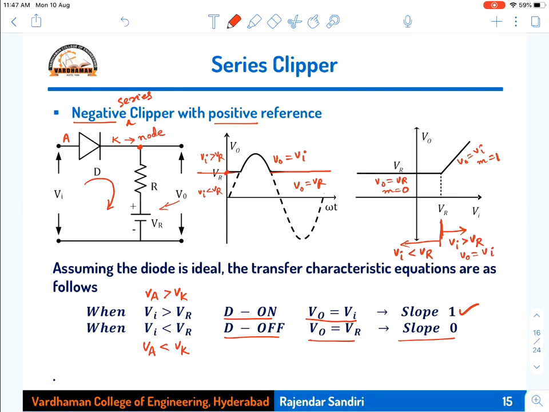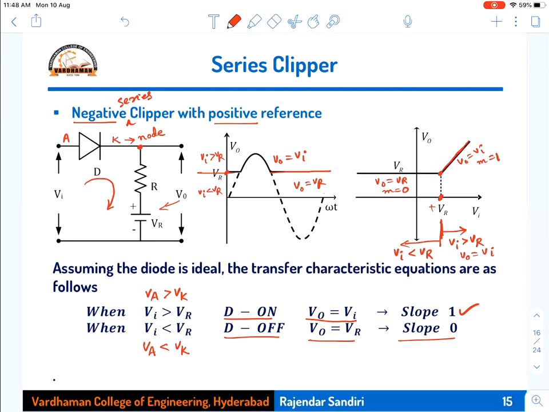So we have to locate the VR value on the x-axis because it is a positive reference, so on the positive x-axis. Above that it will be the same. When there is a positive reference on the x-axis, definitely there will be an equal positive reference voltage on the y-axis. So we have to locate an intercept which is plus VR and plus VR on Vi and V0. Above that it will be a straight line about to pass through the origin, but it is not allowed to pass through the origin because it is restricting its output voltage across the VR, because there is a reference voltage existing.